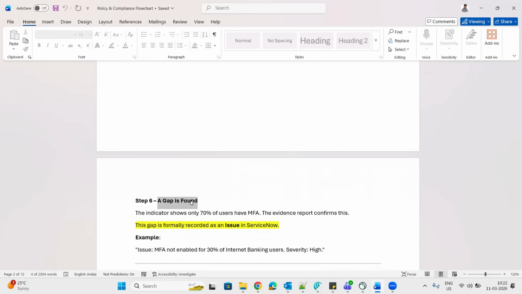In that case, we have to find the root cause and see what is happening. So for that, we create an issue in ServiceNow. The issue: MFA enabled is for 30% only. It is a very serious thing because we are expecting 95% of people to be MFA enabled, but we are only seeing from the reports, from the evidence, that 30% of people are MFA enabled. So now we will create an issue